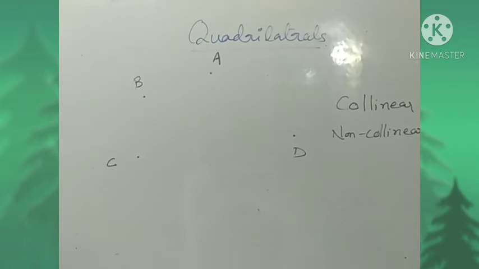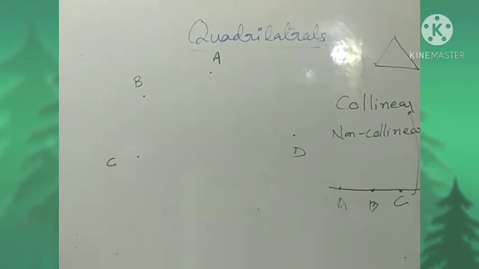So, are these points collinear or non-collinear? Before that you should know what we mean by collinear points. Collinear points are the points through which we can make a line. Suppose we have A, B and C. These are 3 points, and if we join them, we get a line. So these points are said to be collinear points. And if we have 3 points like this, and if we join them, we do not get a single line. So they are said to be non-collinear points.